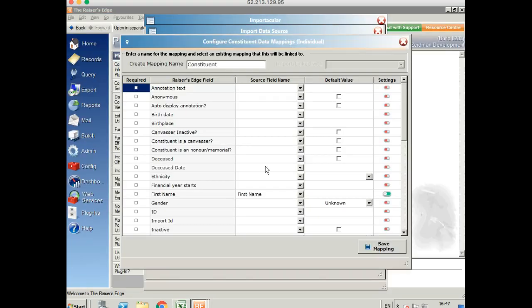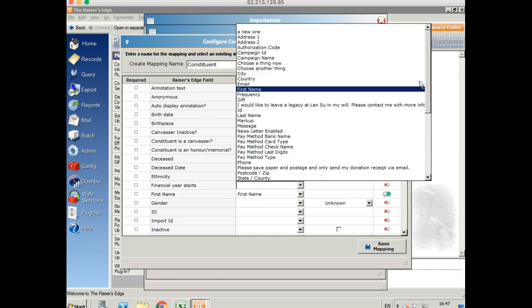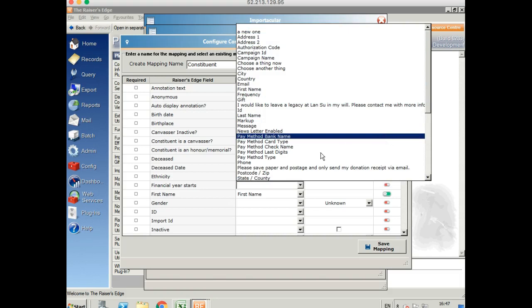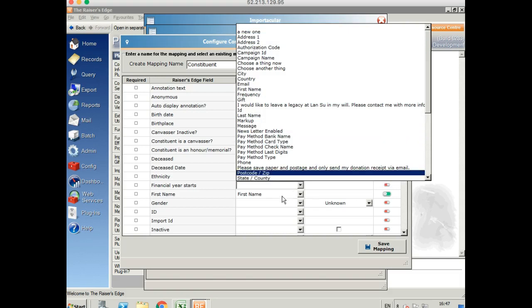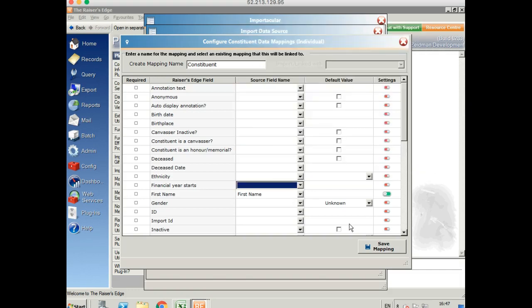So let's just create a basic constituent. When we open up the mapping, we can see on the left, we've got the Razor's Edge data fields. And in the middle, we've got the source field name. So these are the fields that are coming over from 4AGoodCause. And if we click on the drop down, we can see all the different fields that are available to us from 4AGoodCause to map into Razor's Edge. And you can put those wherever you like in your Razor's Edge database. And then at the end, we've got a default value. So here we can add data that isn't necessarily in 4AGoodCause, but that's the way that we want to bring